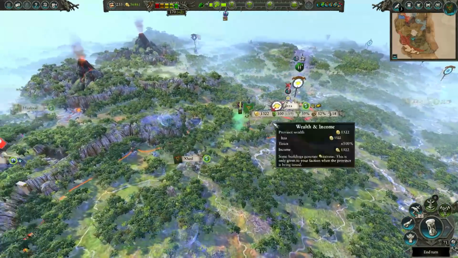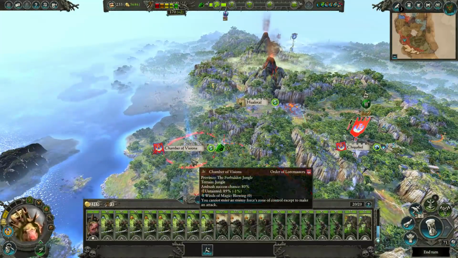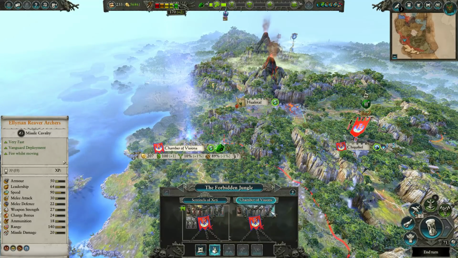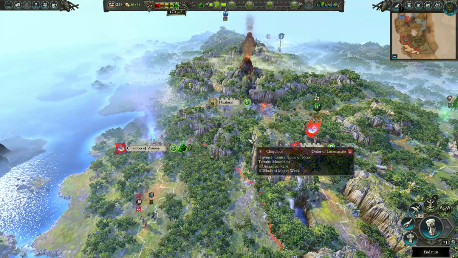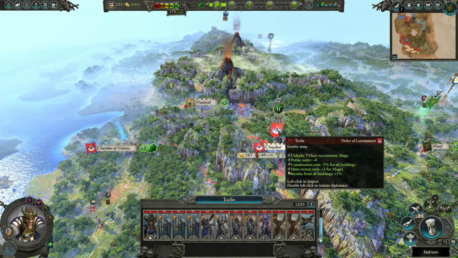I don't want to take Itza right now. I want this guy to, in a hurry, get round here and smash into the Chamber of Visions, which should be nice and simple. Yeah, there's barely anything here. I just need to rush over there, get that, and hopefully beat these guys to it. Because, actually, I think I could...